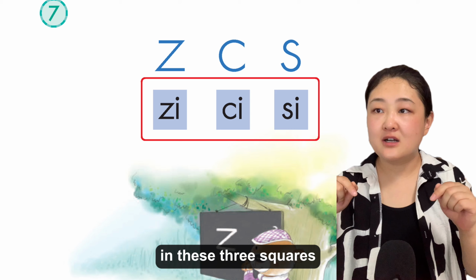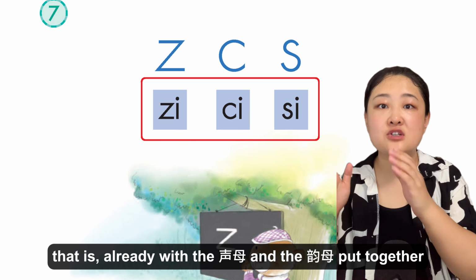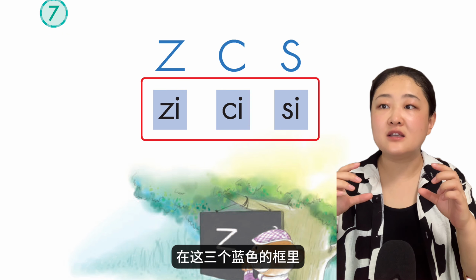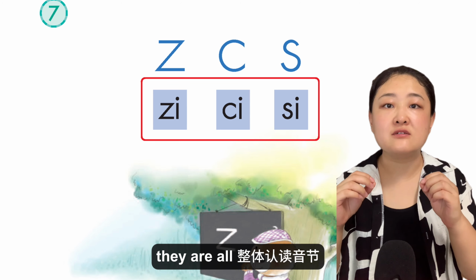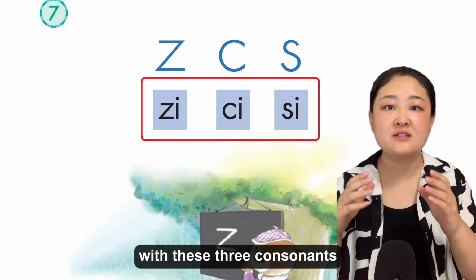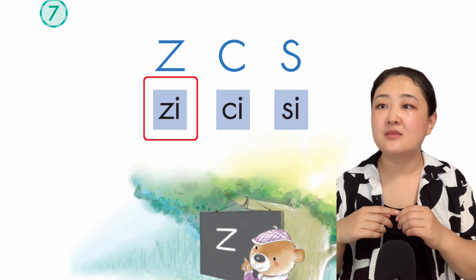In these three squares, we saw these three syllables already spelled, that is already with the 声母 and 韵母 put together. 在这三个蓝色的框里，有三个已经拼好的音节。They are all 整体认读音节。Their sounds are basically the same with these three consonants. Repeat after me. The, the,